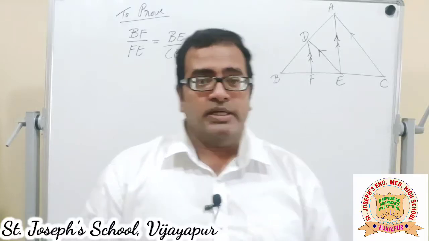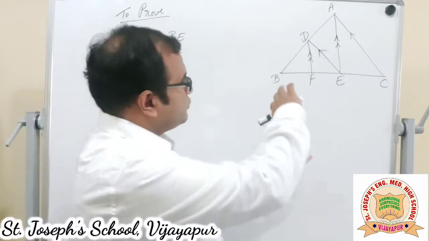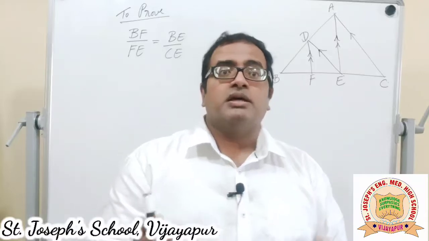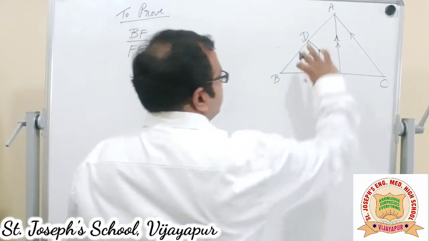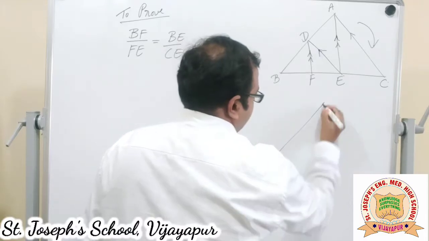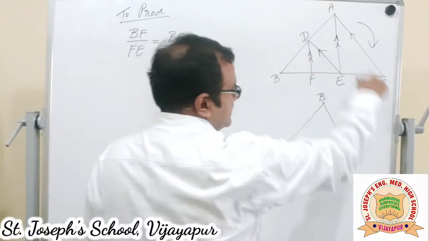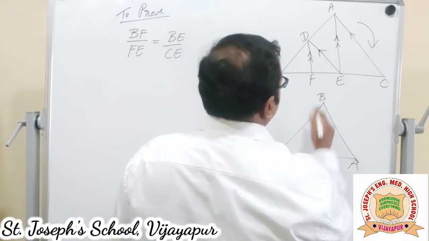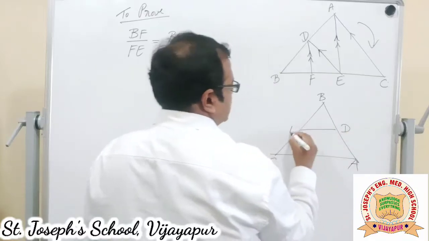It's quite simple actually. Only thing is you need to analyze the diagram part by part. Now, I'll first of all rotate the triangle so that it can be very easily understandable when you compare it with the BPT diagram itself, the diagram that you saw in the theorem. Now, when we rotate it clockwise, with AC as the base, B goes to the vertex and AC is the base. A comes here, C comes here and DE is parallel to AC. So, here comes D and this is E.